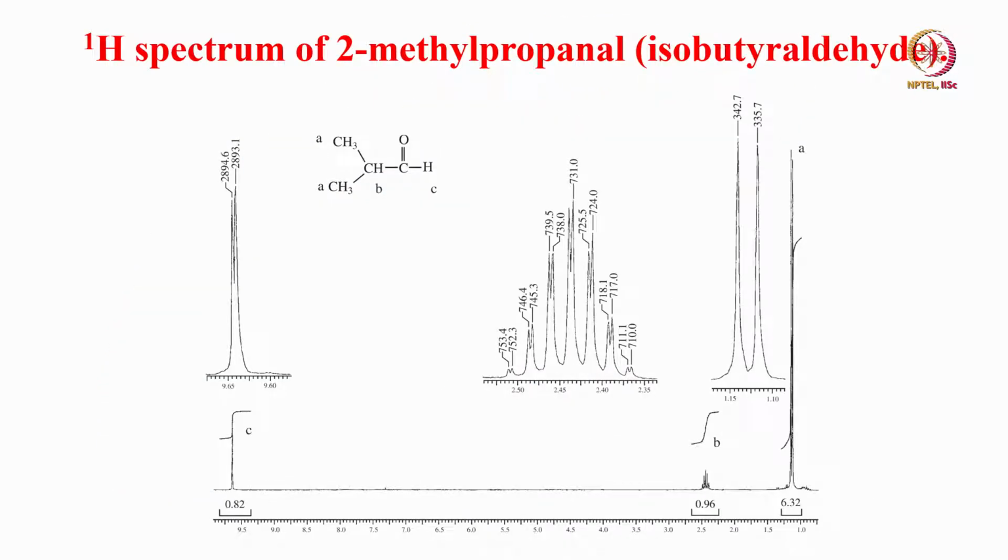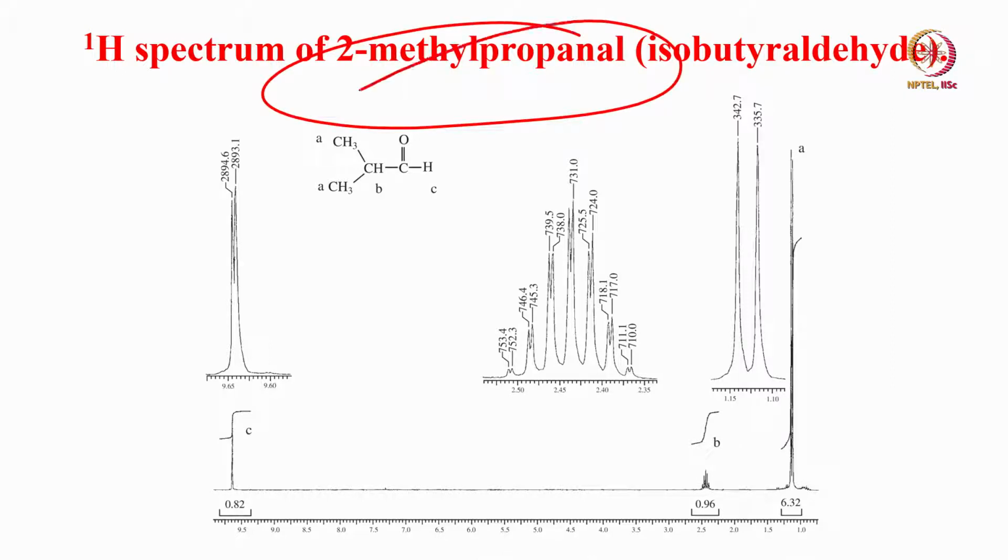Now we will look at another molecule, 2-methylpropanal. This is very easy to analyze. A very simple molecule. Looking at the molecular structure given here, one is the CHO group, already there. Because of the C=O, this will come to downfield. So this must be the CHO proton. And of course this is going to be a triplet. Why is it a triplet? If you look at this, why is it a triplet?